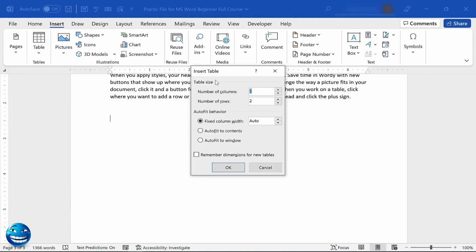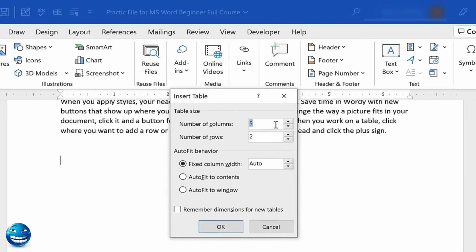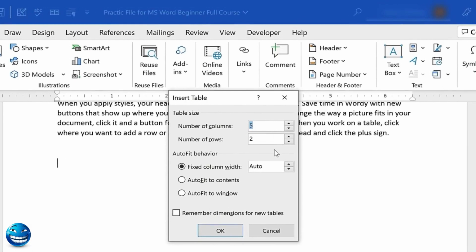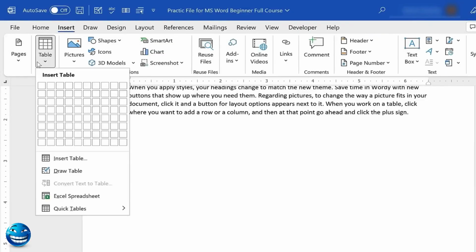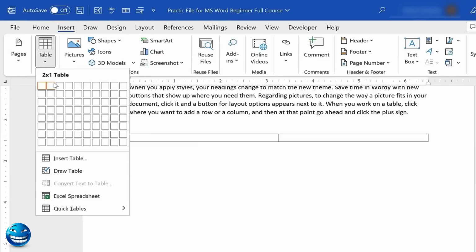In this next segment of Microsoft Word for Beginners, Complete Course, we're going to learn how to create and edit tables in your Word documents. So here I am at the bottom of this Word document that I've been working with, and I would like to insert a table. Of course, I go to the Insert tab, I look on the Insert ribbon for Table,